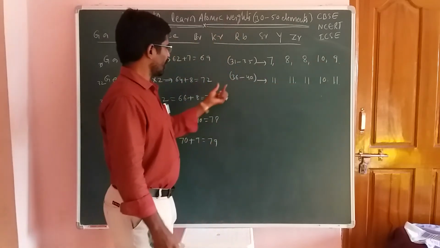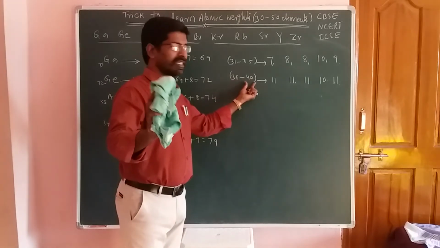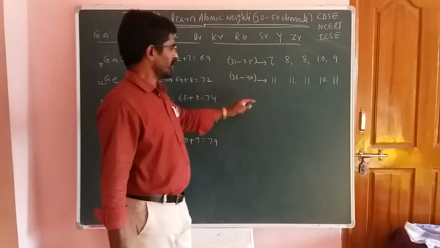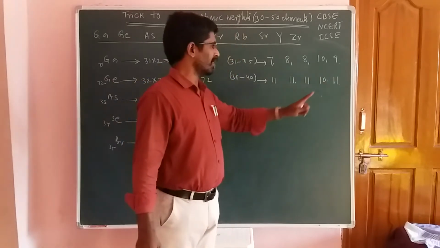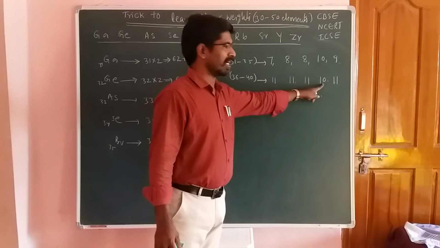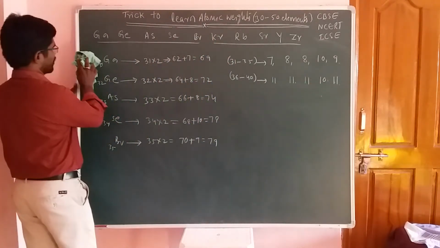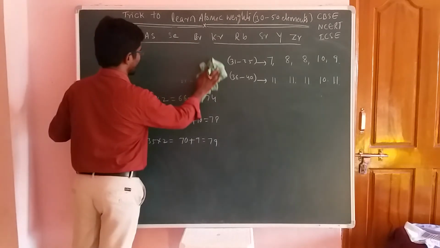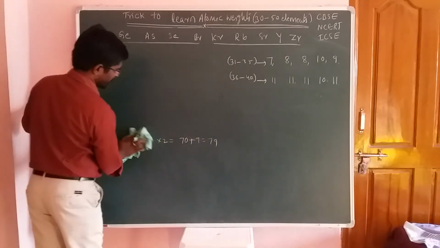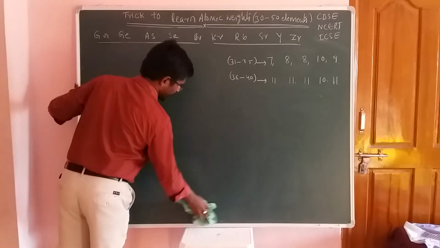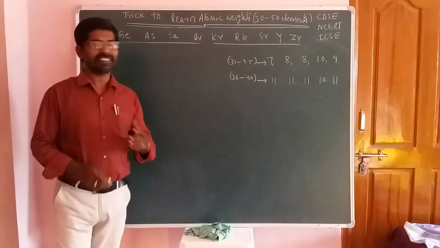But for the elements from 36 to 40, don't forget, don't get confused here. You should add 11 to all of them, except the second to last one, which is 10. Now I will write those numbers. First of all, you should write the element names, and next give the serial number, that indicates the atomic number, multiply it by 2 and add those numbers.